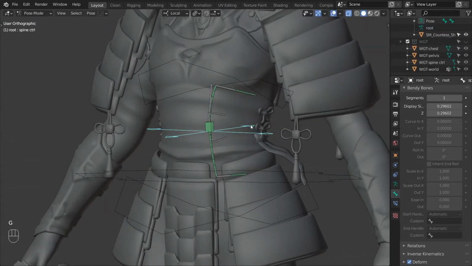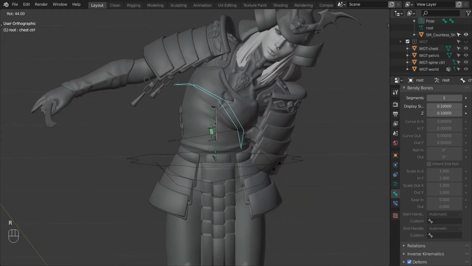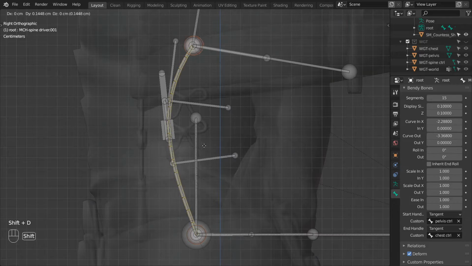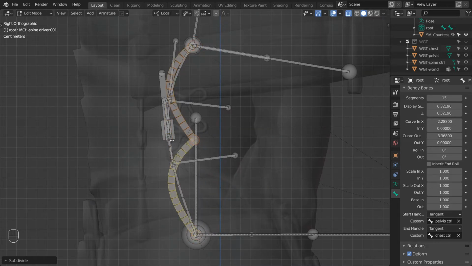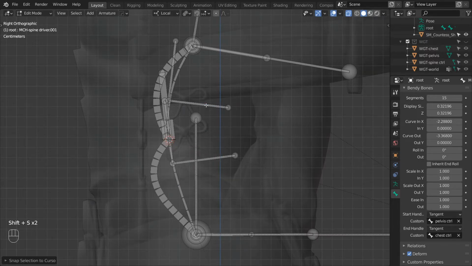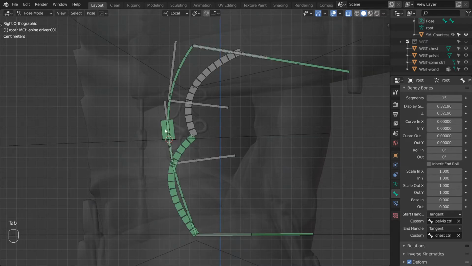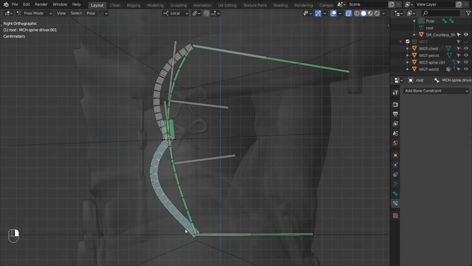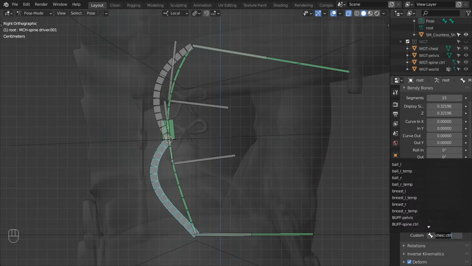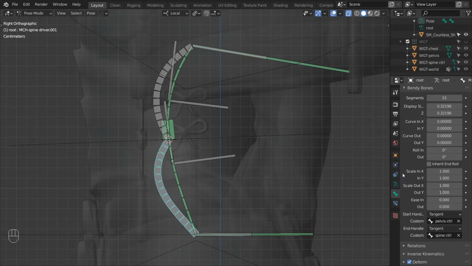I just paused the recording and gave it a custom shape. Now let's duplicate the spine driver, make it a bit thicker so it's easier to select, and give it 1 subdivision. Now snap the center of these 2 new bones to where the spine control is. Let's delete the stretch 2 constraint for now. And we can adjust the handle so that the first of these 2 bones has the spine control as the end handle,